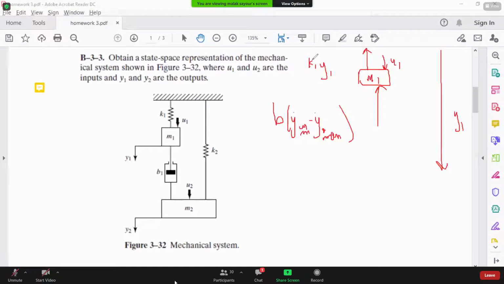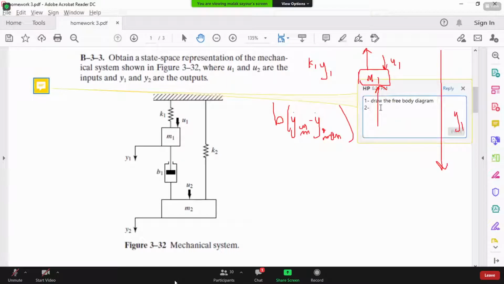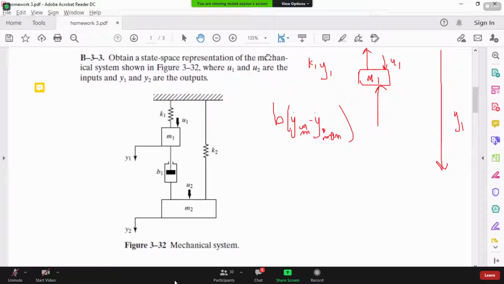The second thing that we have to do is to sum the forces. So we have to apply Newton's law. Newton's law says the following: the summation of the forces is equal to MA. And then the forces acting on this body are U1, and it's in the positive direction because we defined Y1 to be like that, minus K1 Y1